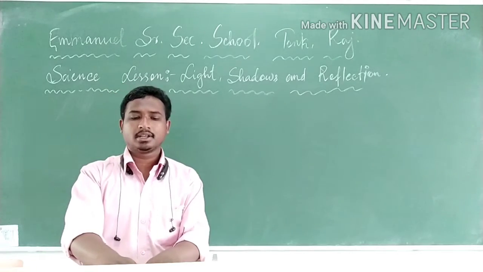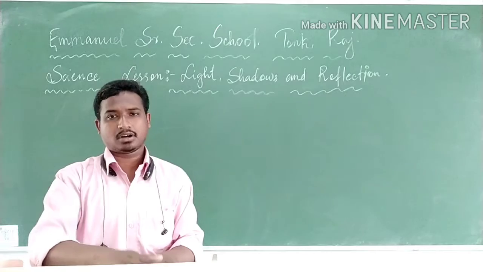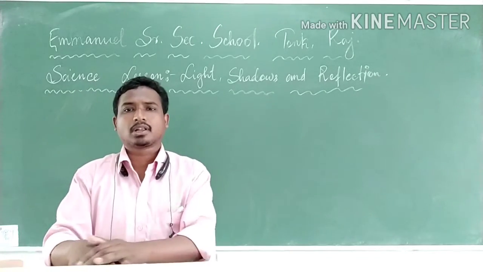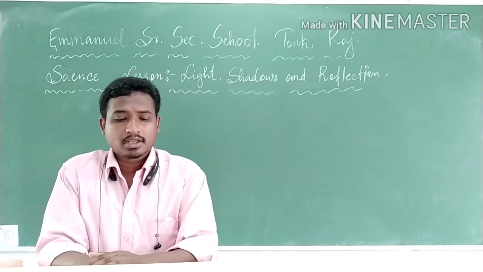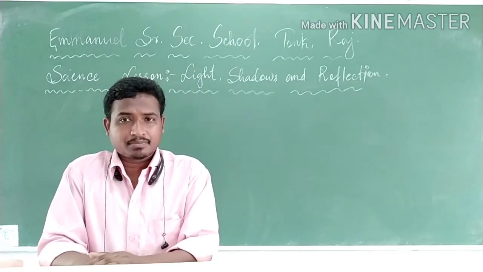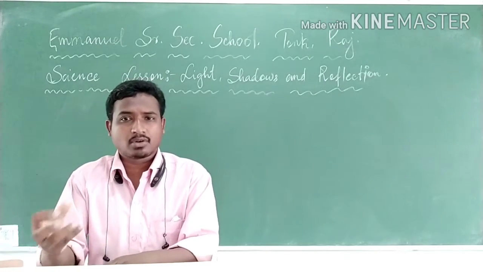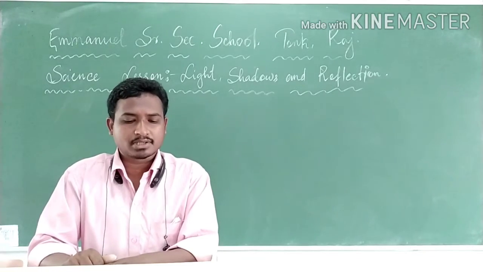What is it called? Luminous. That means they can emit or give out their own light. And opposite to that, when a body doesn't emit its own light, that is called a non-luminous body, such as